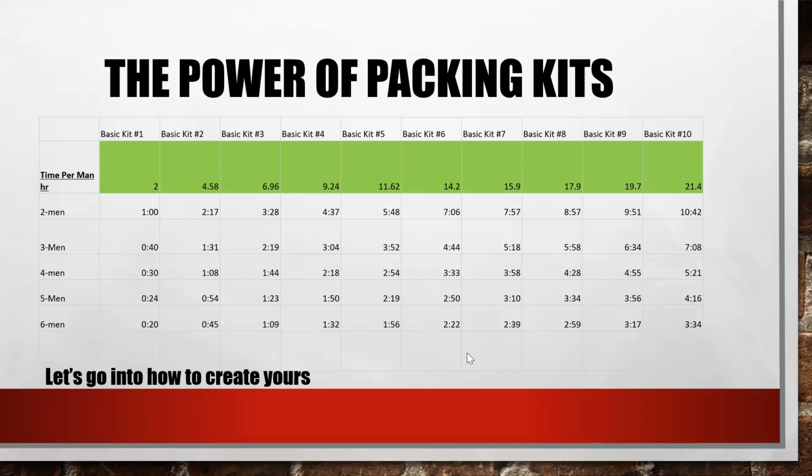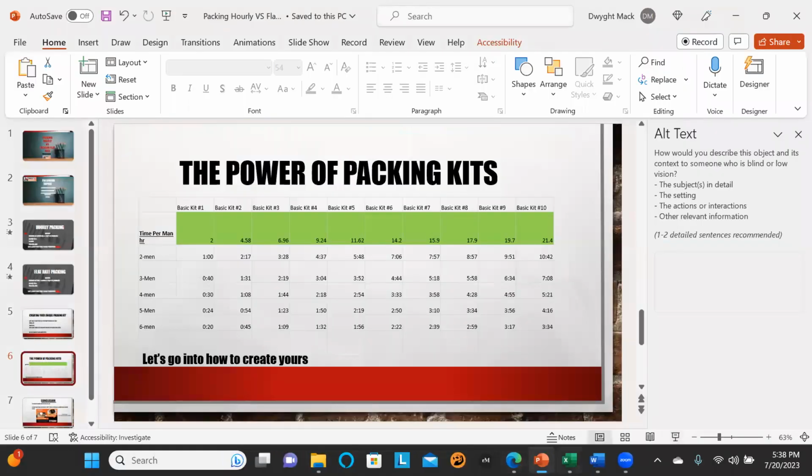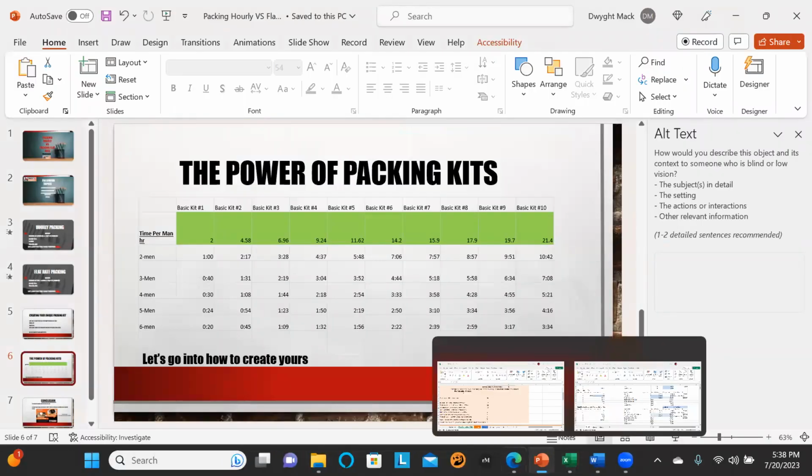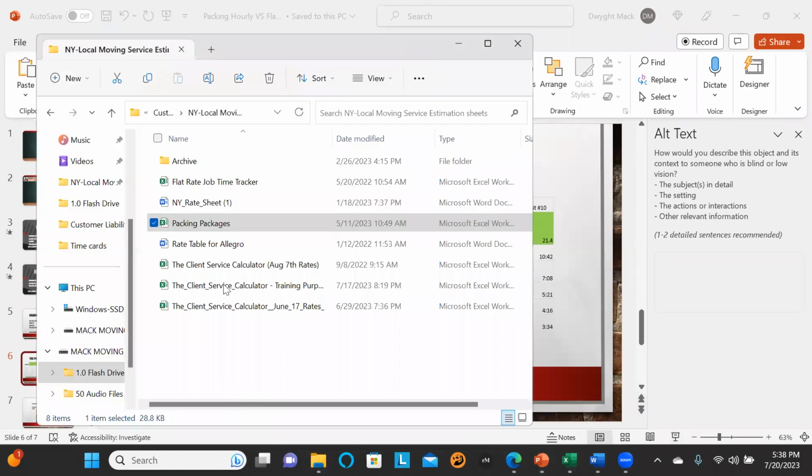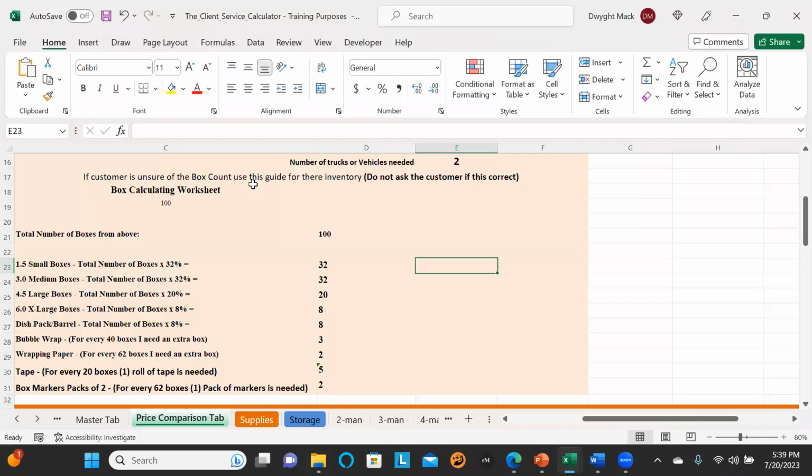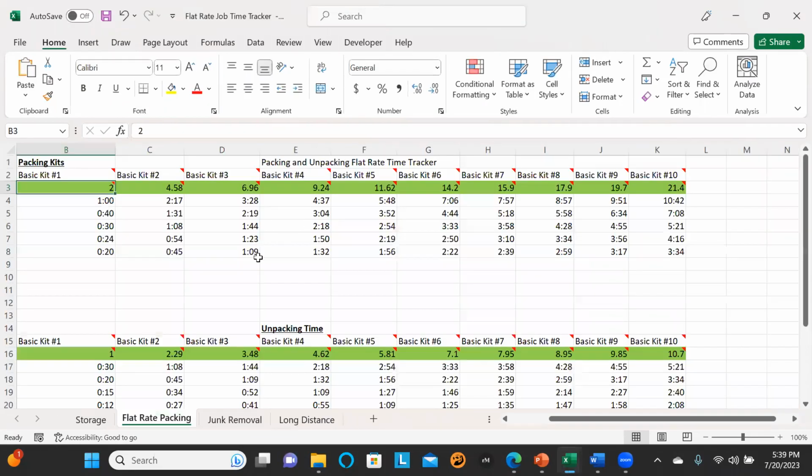But let me go into another calculation real quick. Let's see what we got. See, I'm giving you guys all the sauce right now. All right, as soon as this opens up. All right, so we already factored in. All right, so with wardrobe boxes,